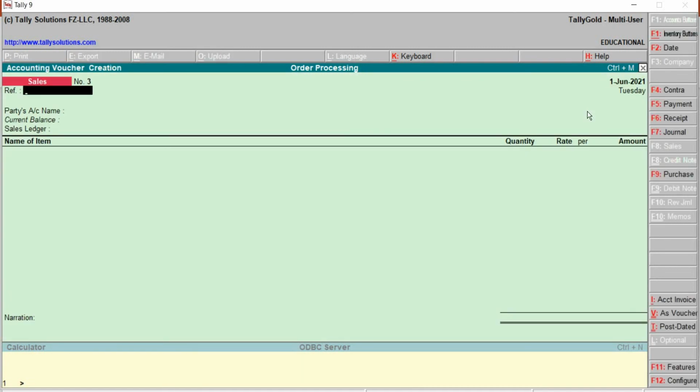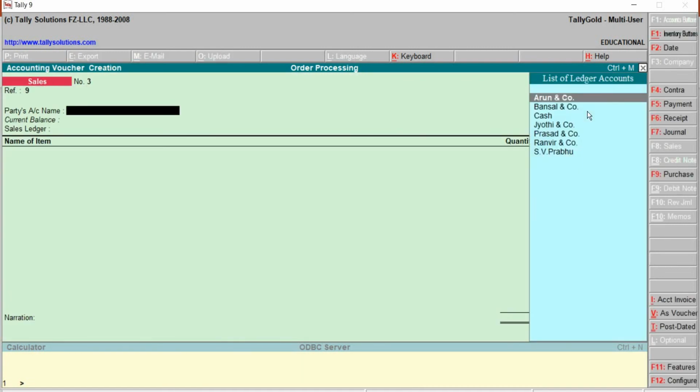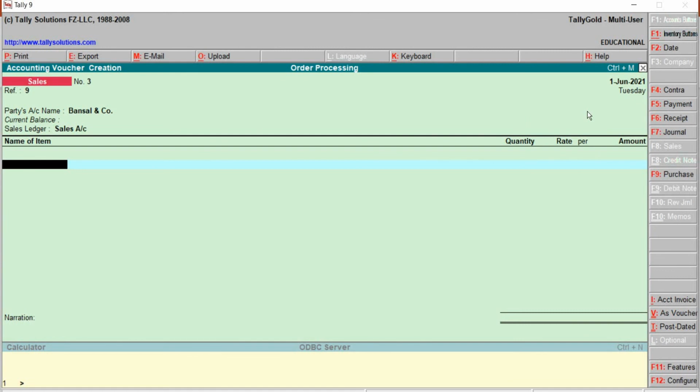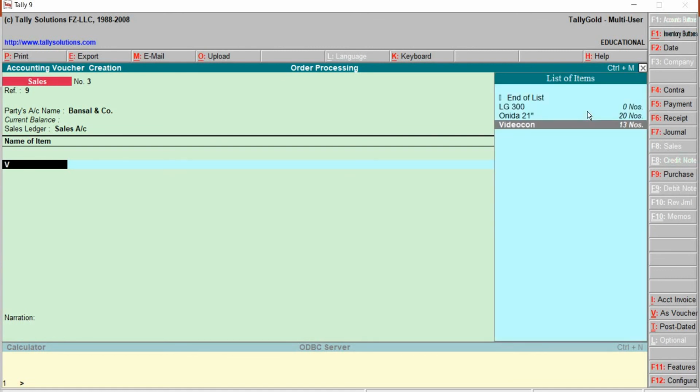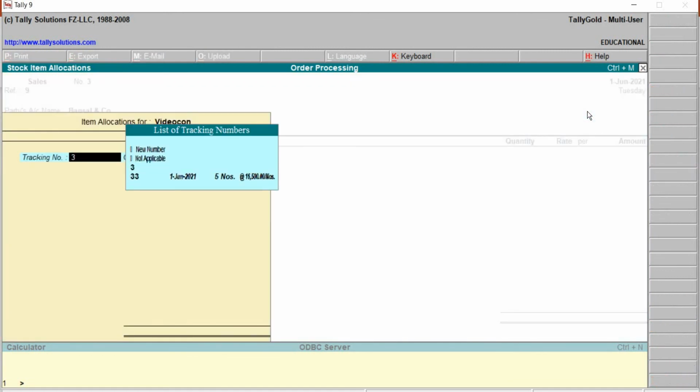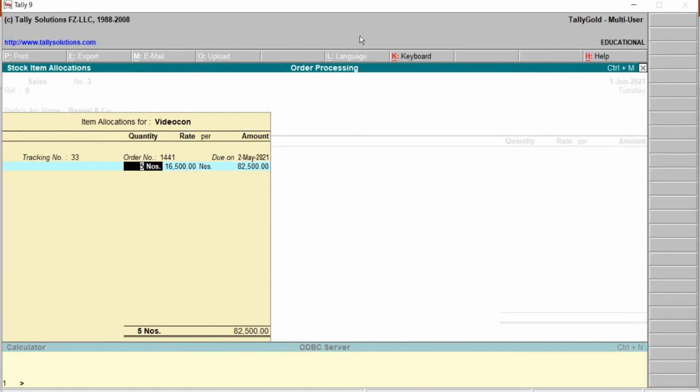I just provide here the reference number 9. Party's name is Bansal and Company. Sales account, name of the item is Videocon, correct? And here the delivery mode reference number was 33.